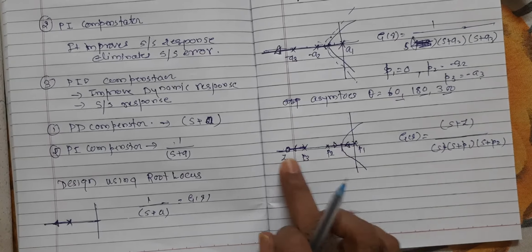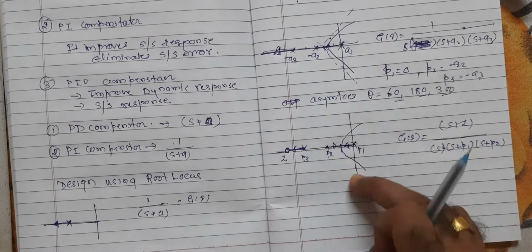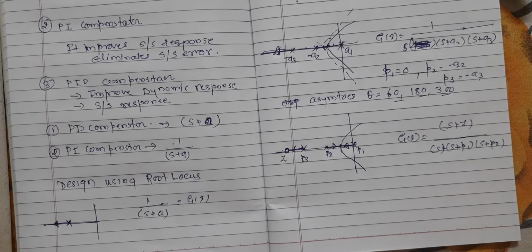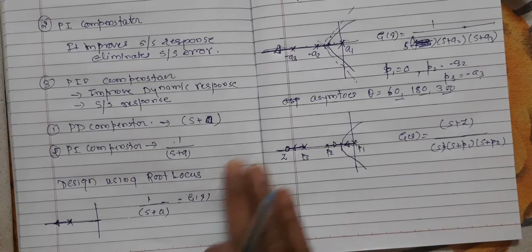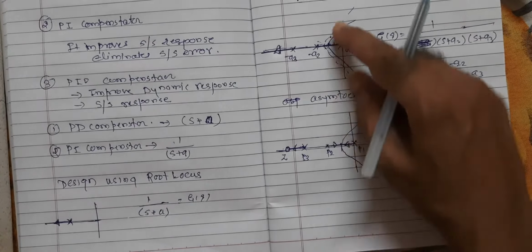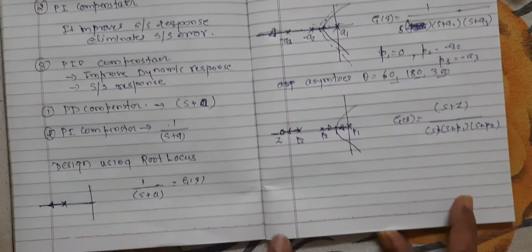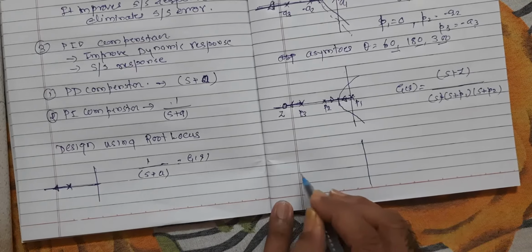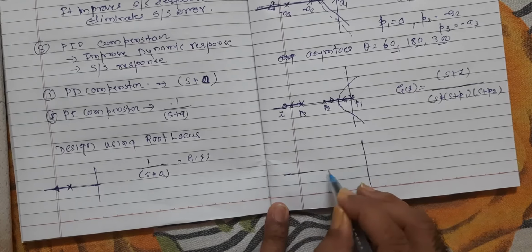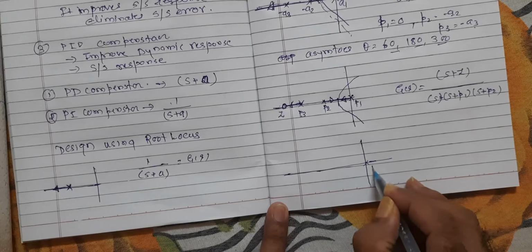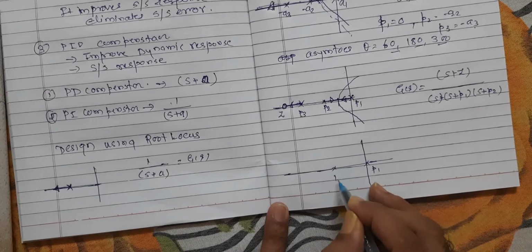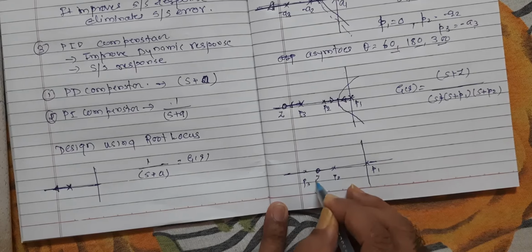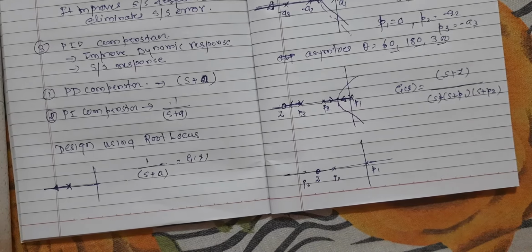So we have this one, it is almost similar to the previous one, but slightly shifted towards the left side. They are almost identical. Now see here, with the same equation, there is a change in the position of the zero. So what happens here, this is my P1, this is my P2, this is my P3, and here I have the zero.